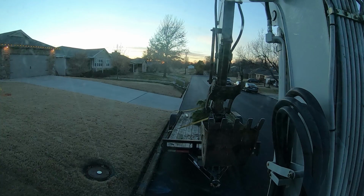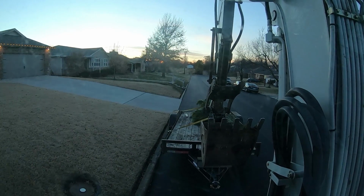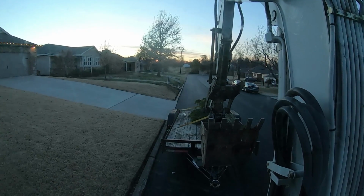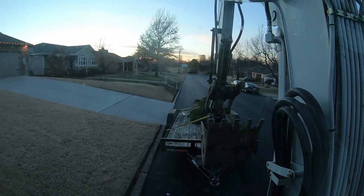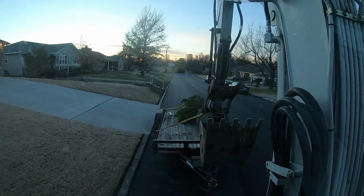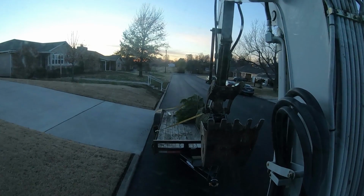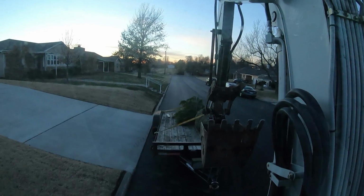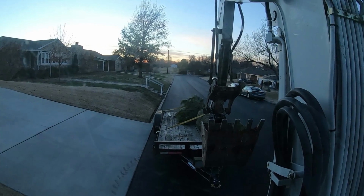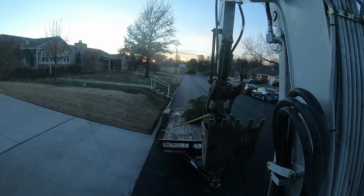Yeah, to me, this is what makes the most sense, is to just move this straight down, dig what I need to dig. Then I can back straight in and straight out and do the least amount of damage to the yard. This is the one thing I don't really miss. It's not a big deal, but it's working on these existing yards when you're not wanting to tear up a whole lot. But